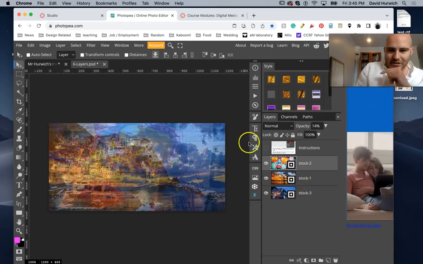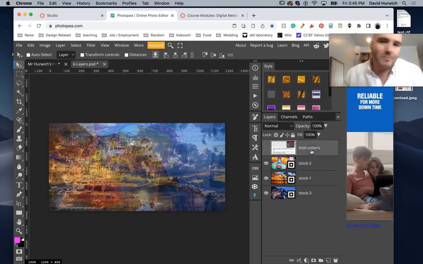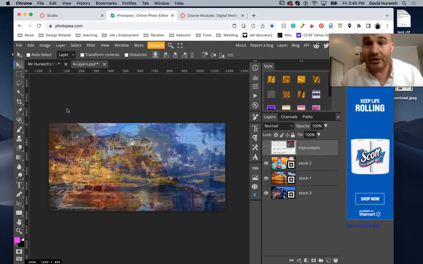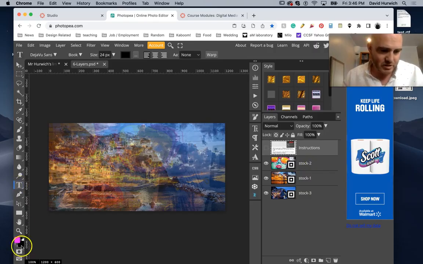All right, and that's kind of it with Photopea. We can create a document, we can bring in photos, we can create some simple layers. We can even add some basic text if we want to. There's a little type tool here. This allows me to add